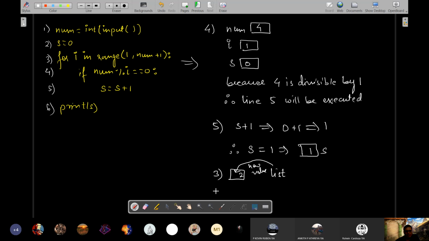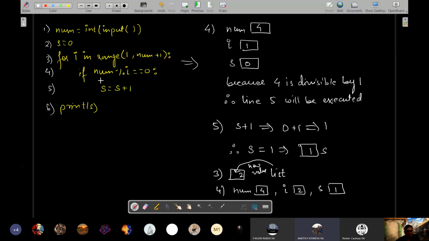Then it will go to line number 4, condition checking. So num is 4, i is 2, s is 1. Now you'd see 4 when divided by 2, will it give 0?